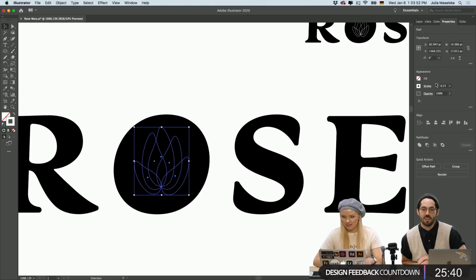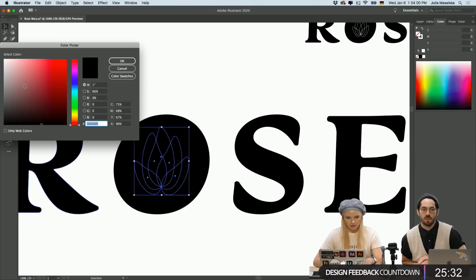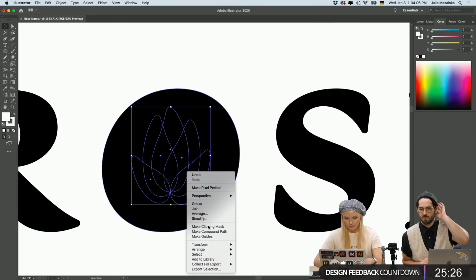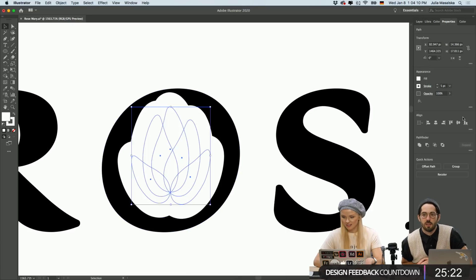Okay, now let's increase our thick lines. Do we have to bring it forward, maybe? Yeah, maybe. Okay. Thick lines. Yay. But it's working.